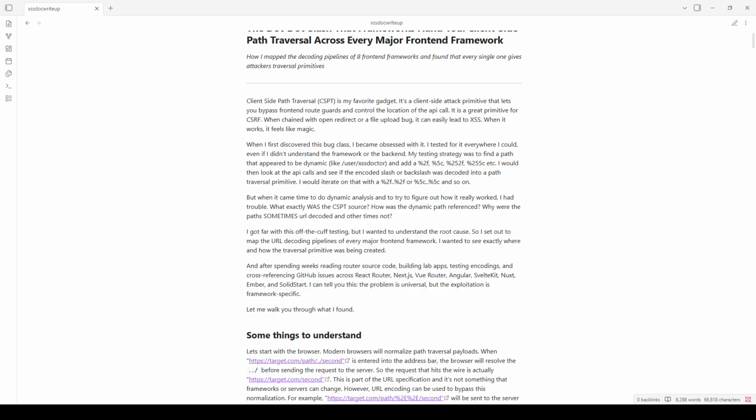and so on. But when it came time to do dynamic analysis and try to figure out how it really worked, I had trouble. What exactly was the CSPT source? How was that dynamic path referenced? Why were the paths sometimes URL decoded and other times not? I got far with this off-the-cuff testing, but I wanted to understand the root cause, so I set out to